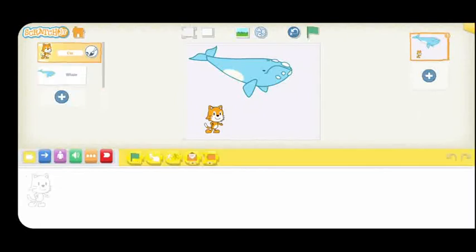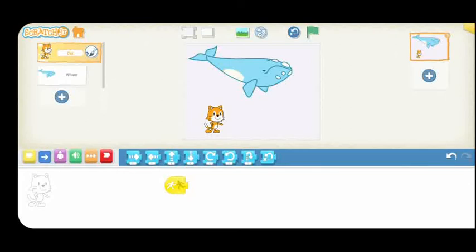Okay, what will we add? We add start on bump cat. Then what it will do, it will move in left direction, then in right direction, change the number.